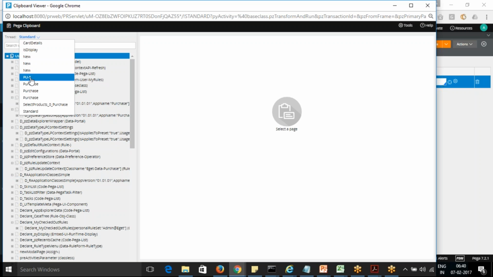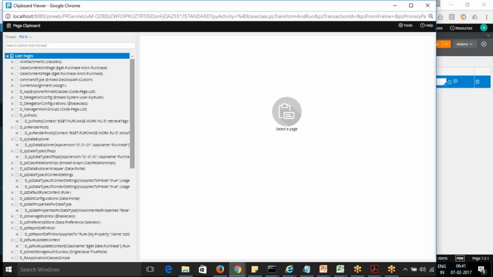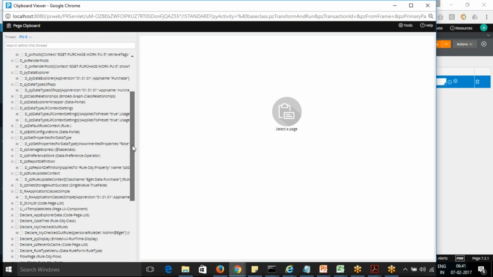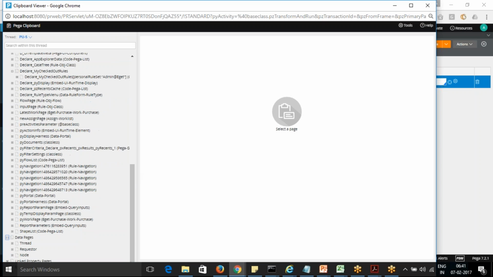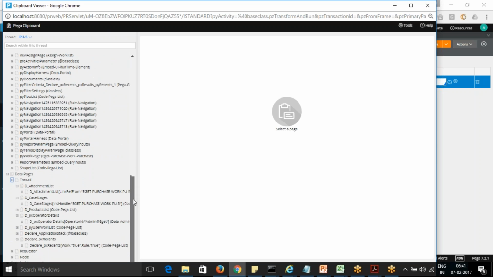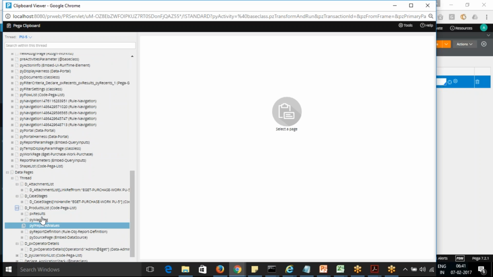Whenever it is PU5, this is the case instance, so it creates a separate thread for it. We are able to see it here in the database, that page name. In the thread label, we can see the product list there. So you can see it's the D product list. So there's the data page. When we are populating, it's actually picking it from here.